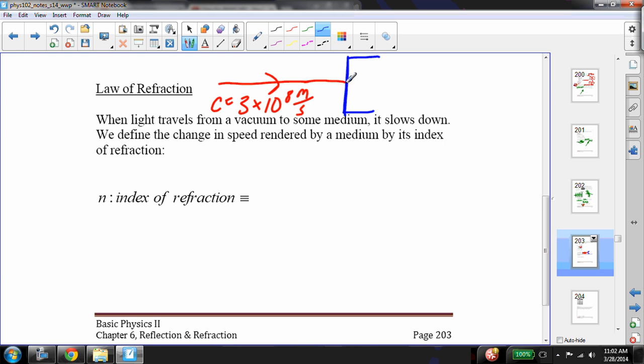That light is now going to travel with a new velocity. And so that velocity will equal something that is less than the speed of light. It will travel more slowly. And we describe this by the index of refraction. n is called the index of refraction, and it's defined as the speed of light in a vacuum